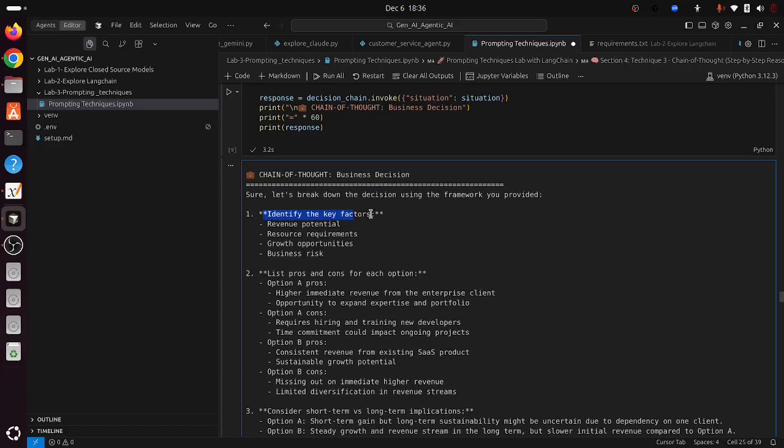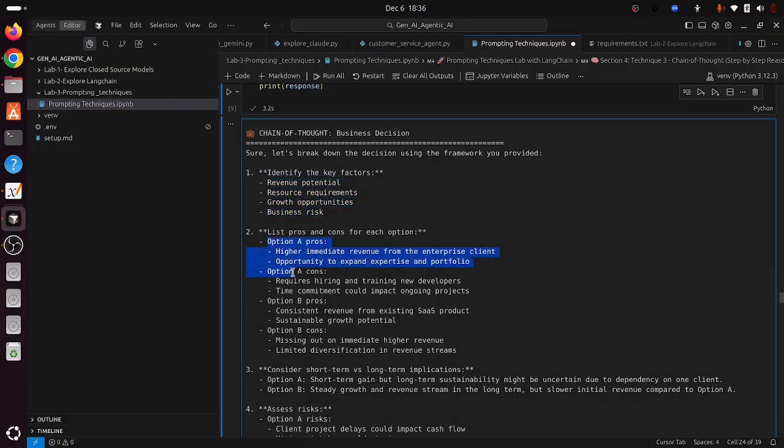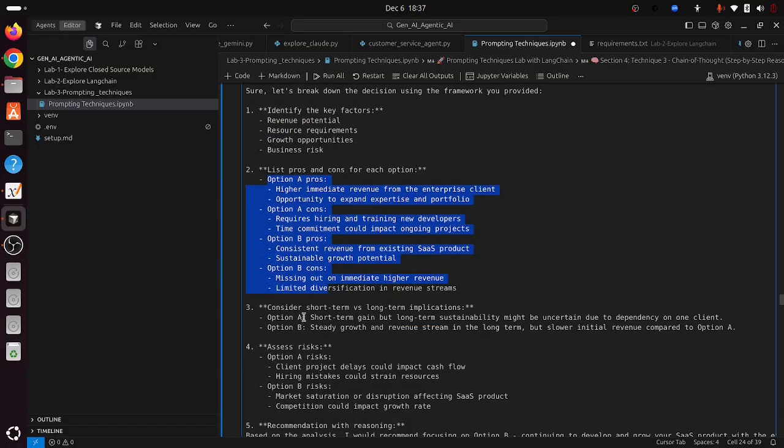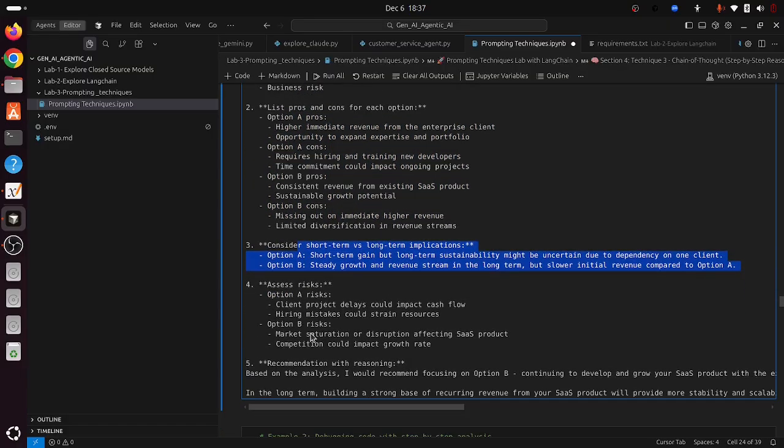It says first identify the key factors, then gives the pros and cons for each option, short-term and long-term implications, risks for each option, and a recommendation. Which option do you prefer? It's preferring option B, to continue to develop and grow, don't sell. Something like that, right?